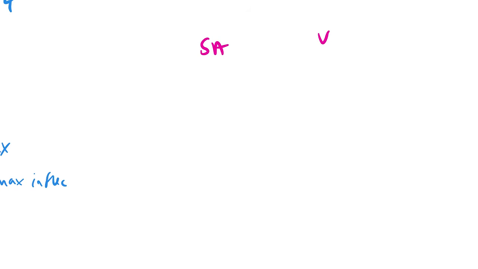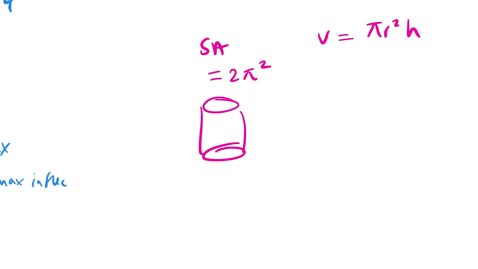Volume of a cylinder. Okay, that is pi r squared times height. Surface area of a cylinder. Okay, now remember, you've got 2 pi r squared. Why? Because you've got the lid at the bottom and the top. And then the curved surface area, 2 pi r squared, is the circumference, which is 2 pi r, times the